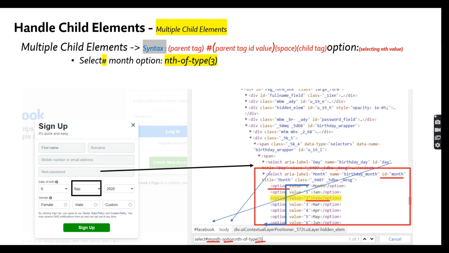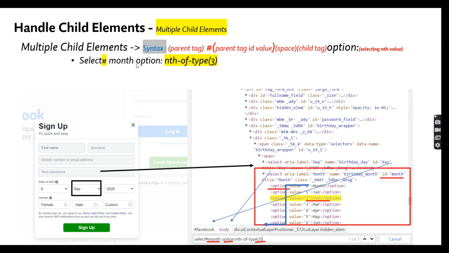There are two ways available. For example, here we can see the month list is available with 12 months, correct? Which month are you going to select? This is the syntax we follow. The select, which means the tag name, then hash. Why am I putting hash? Because I'm taking month, which is the ID attribute value.